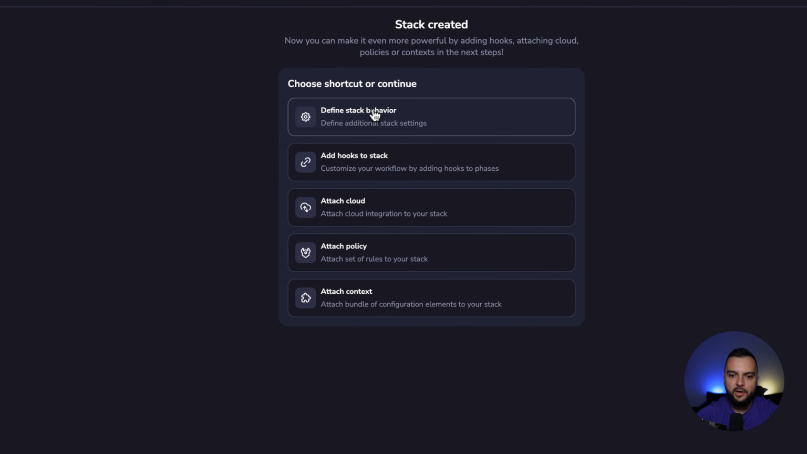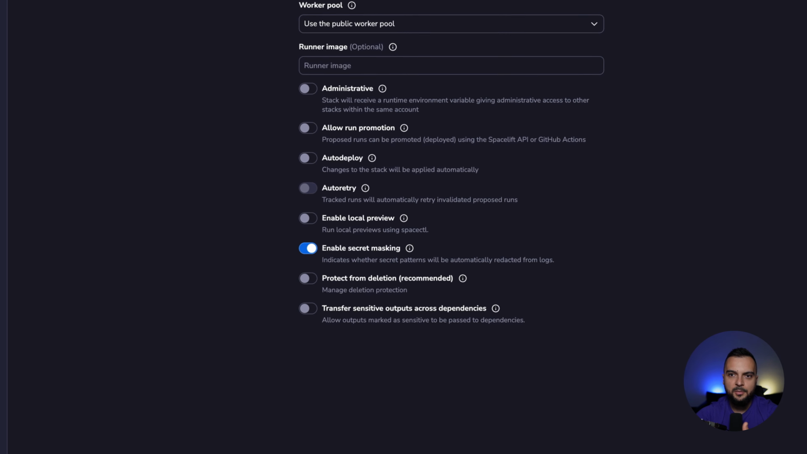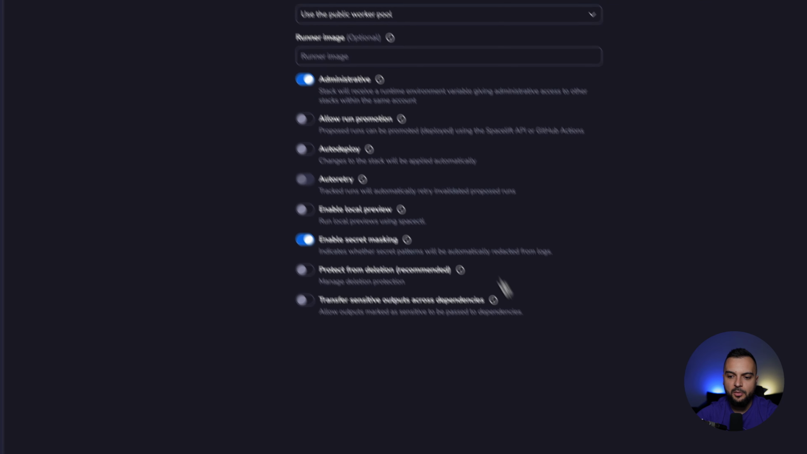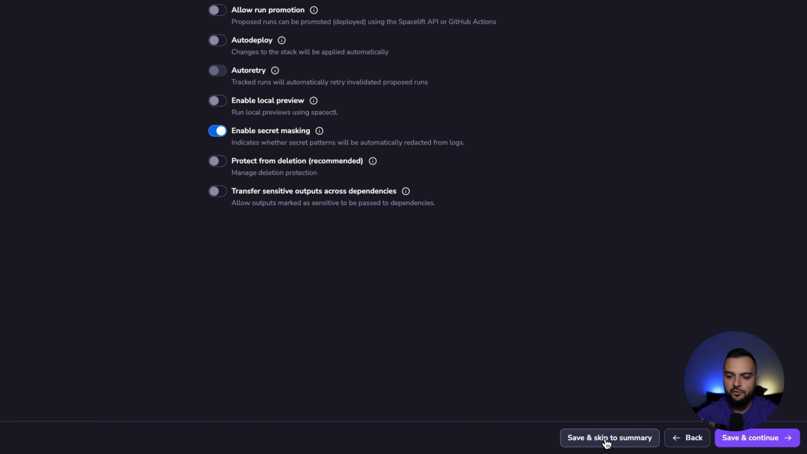And now I'm going to define the stack behavior. Because this stack is going to create webhooks and the notification policy in my Spacelift account, I'm going to toggle this on because I don't want my stack to ask for Spacelift credentials. I will let it create resources directly in my Spacelift account by using this option. And now I'm going to save and skip to summary